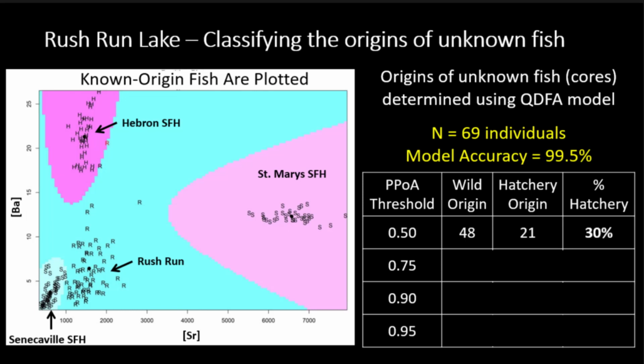So in this case, at the 0.50 level, we have 48 from the wild, 21 from the hatchery to give us about 30% hatchery contribution. Then we have 31% contribution. So as we go down, you can also see that these numbers decrease. So some of those that are